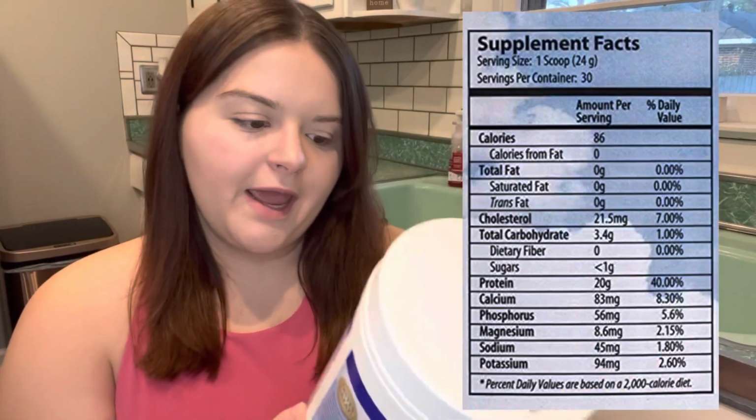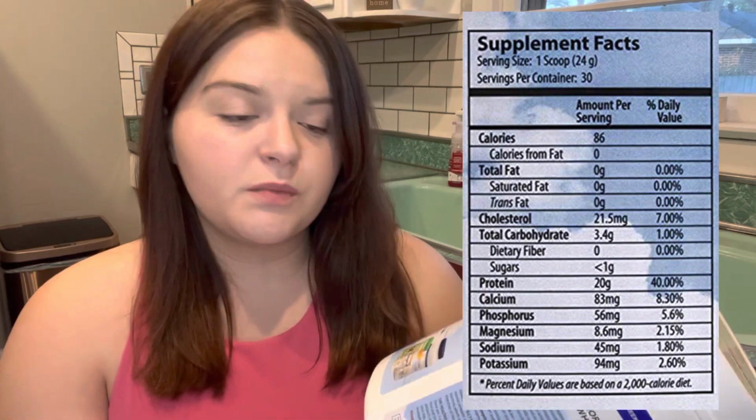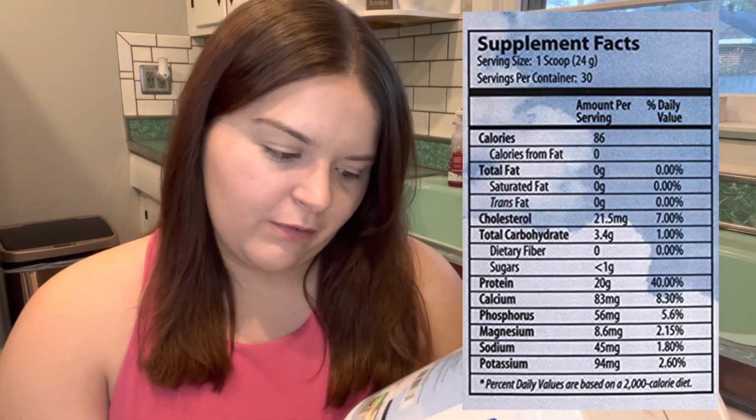But if you are eating a highly processed diet, it's harder to do that if you're eating on the go, or if you find yourself eating the same types of food over and over again and you don't feel like you get that variety in your diet, I feel like this could be a great option. Now, you can find the nutrition label on the Amazon listing. It's less than 1 gram of sugar per serving,